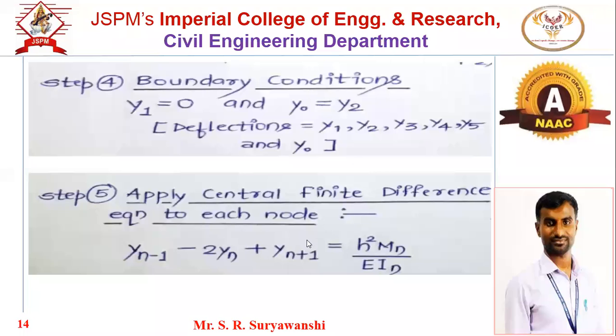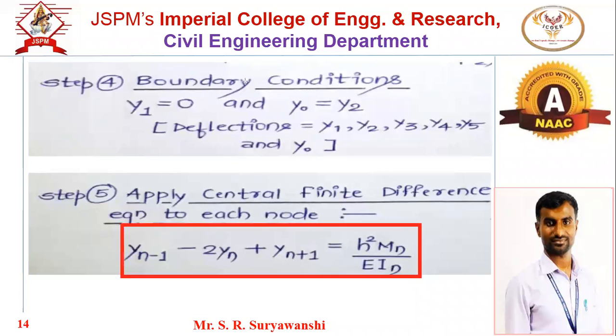Which node do you have to start with? This is the equation we have, and the right-hand side you can consider as a plus, but while putting the value of bending moment, put that value as a minus, or put the bending moment as a plus and write this equation as minus. It's up to you. Now tell me, this equation you have to apply, and you have to start from which node? There are 5 nodes and node 0 also.